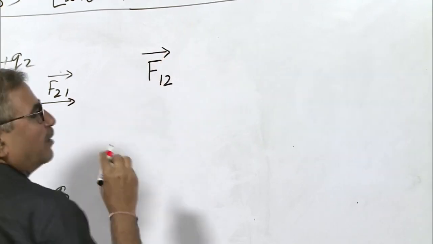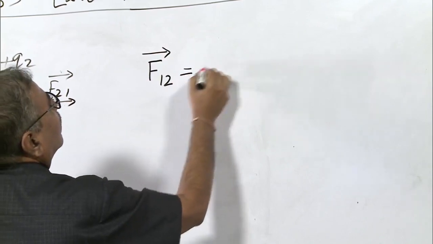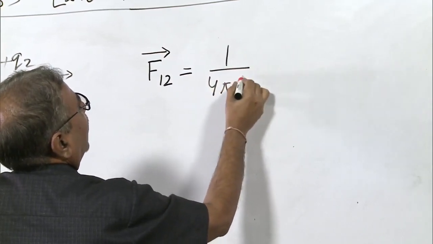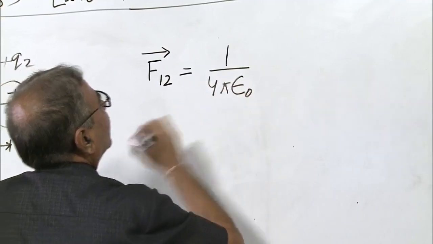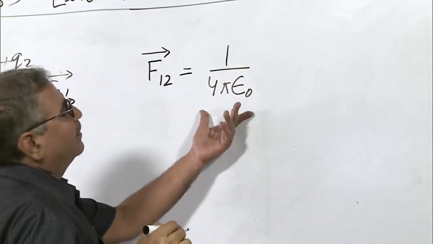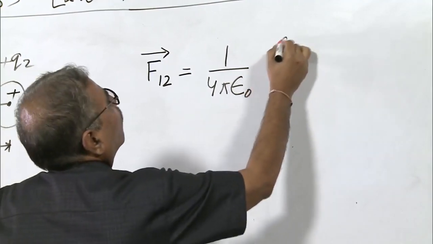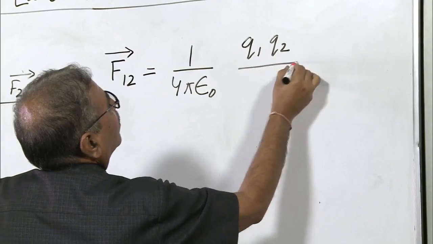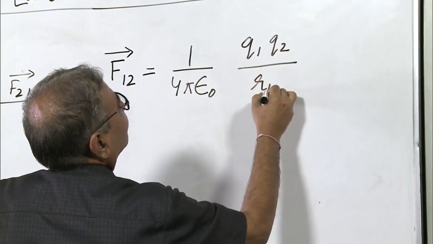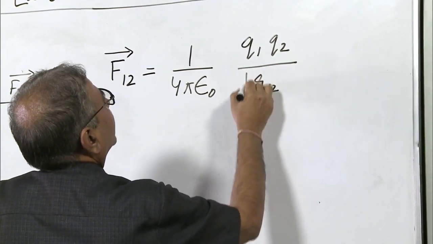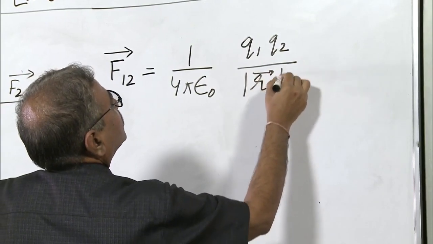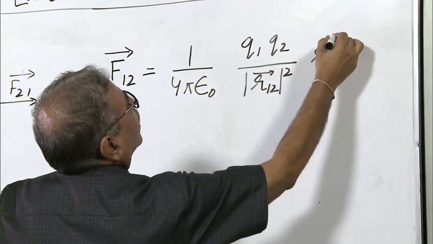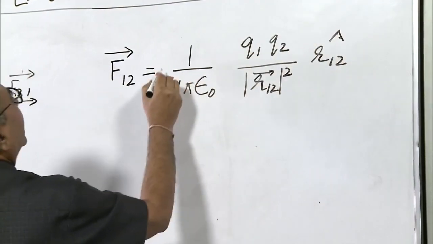Let us put vector sign on it. 1 upon 4 pi epsilon naught. They are separated within vacuum. Q1, Q2 upon R12 magnitude square